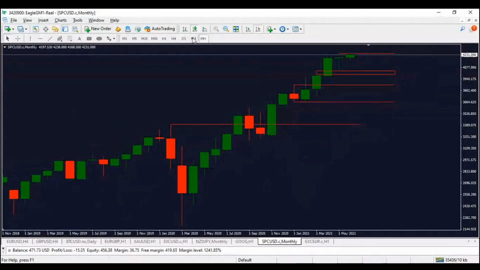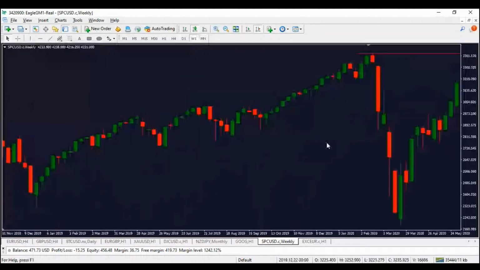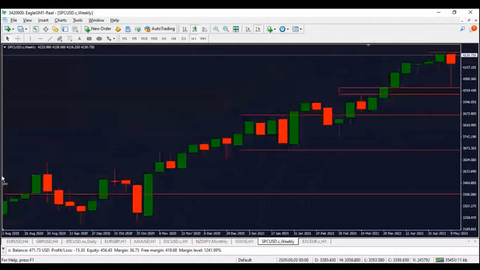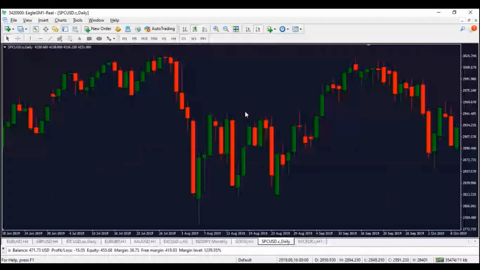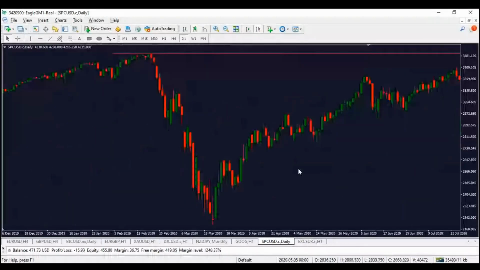So what do I really expect? The institutional order flow, that's the trend direction on S&P, is bullish. So me trying to be a bear in a bullish market is actually not advisable. Okay, so I can go to the daily time frame now and try to see